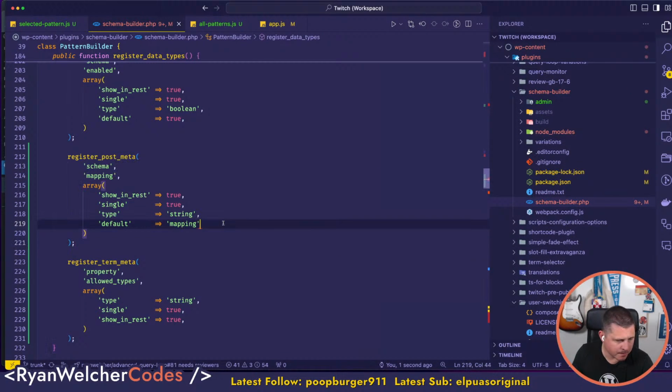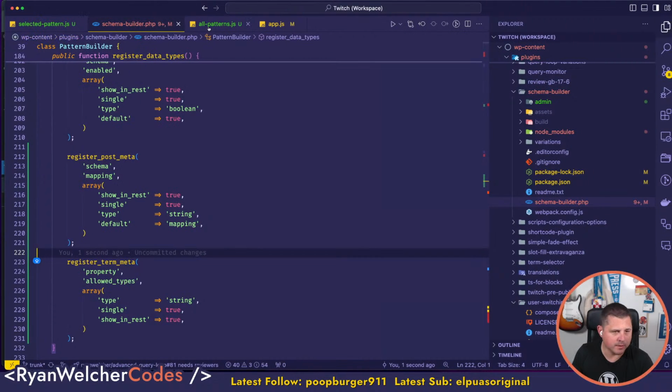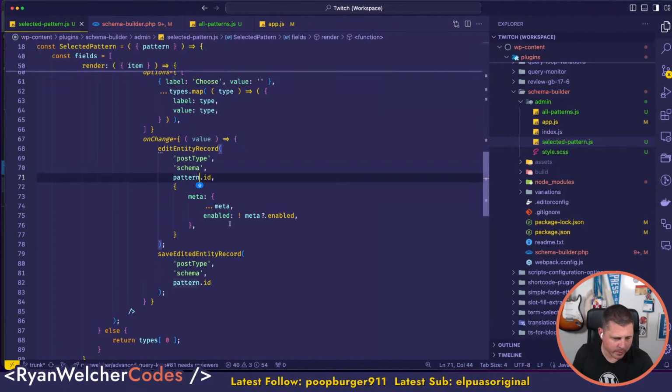The default's going to be mapping. It's attached to the schema code shown as single is true, just type the string. Default is mapping. Okay. So what I think we need to do here is in the selected pattern, I'm going to take the,